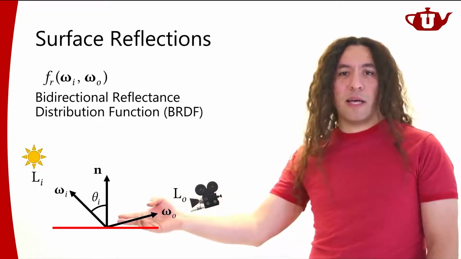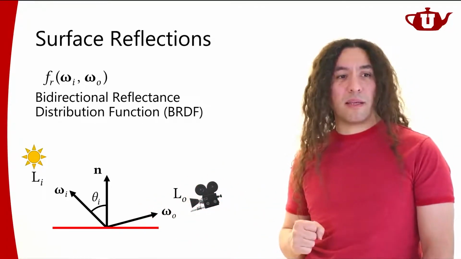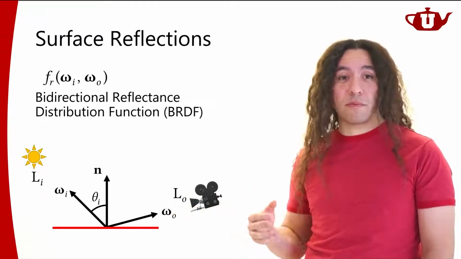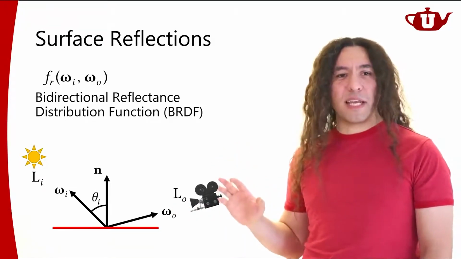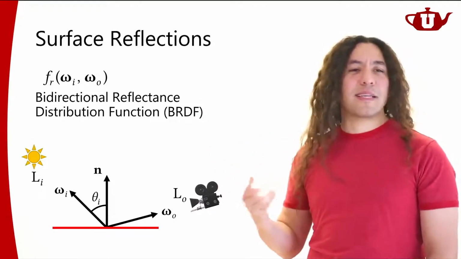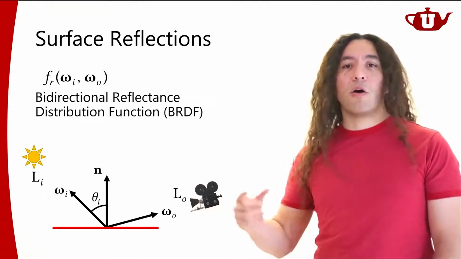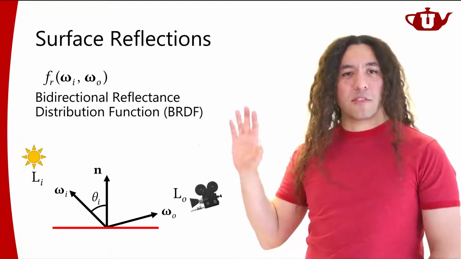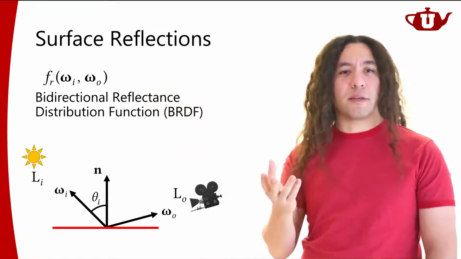And it tells us the color of the reflected light. So if it's tinted in any way, and it might be, right? Most surfaces will reflect their own colors. But just for the sake of simplicity, let's assume that it just returns a scalar. You can think about this as it returns three scalars that correspond to RGB colors, or a whole bunch of scalars that correspond to a whole light spectrum. But just for simplicity, let's assume for the time being that it just returns a scalar value, right?